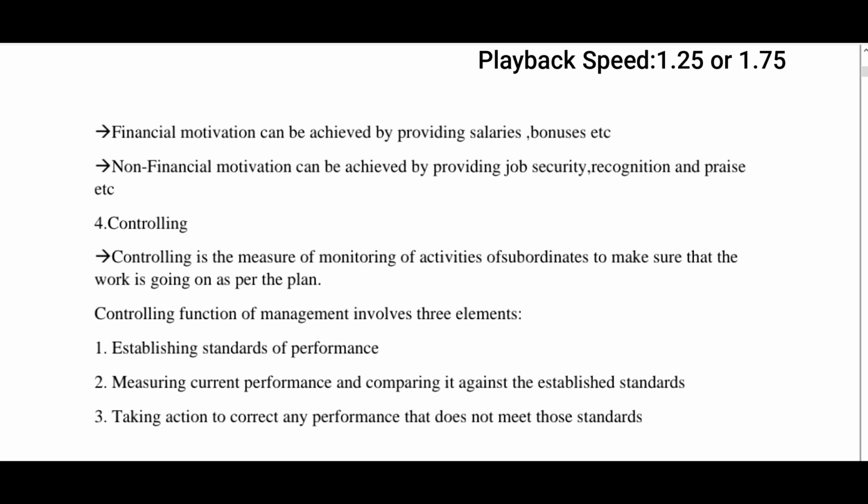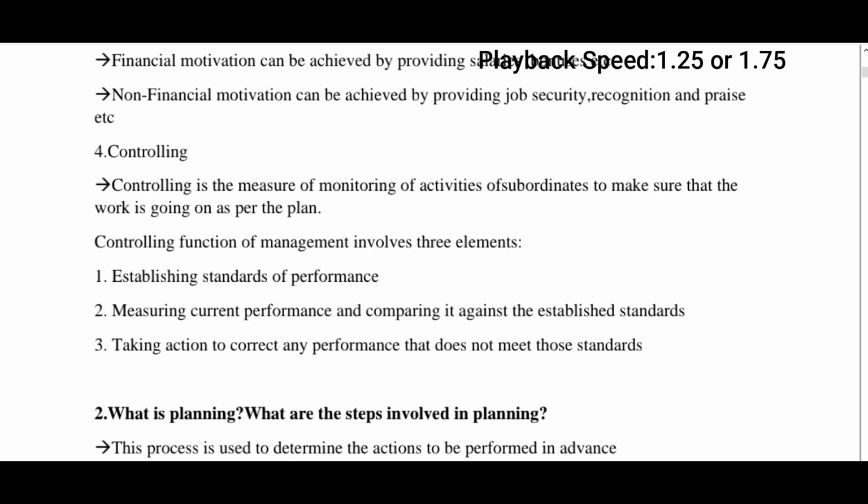They can define the standards, measure current performance, and compare with the established standards. First, the management has to define a standard, and then they have to compare the existing performance and check whether they are meeting the standards or not. The top level management has to take action to correct performance if they do not meet these standards. If the organization or the employees are not coming up to the standards defined by the top level management, they have to take action and make changes to achieve that goal.